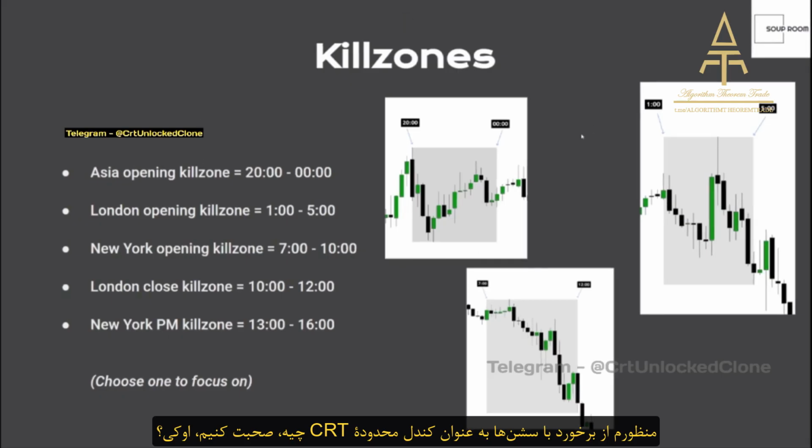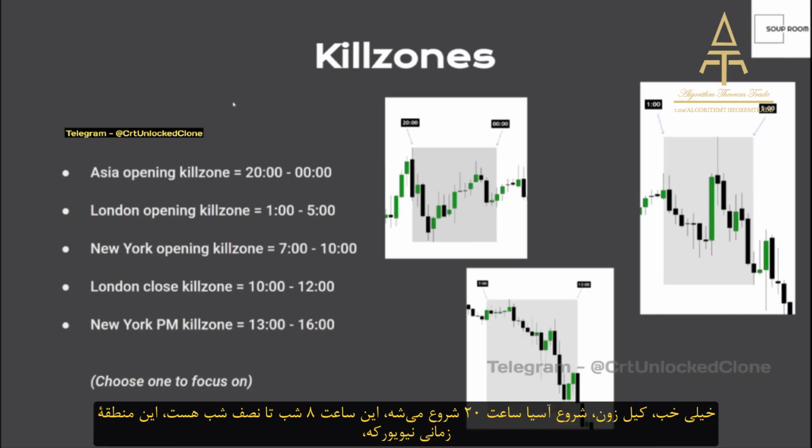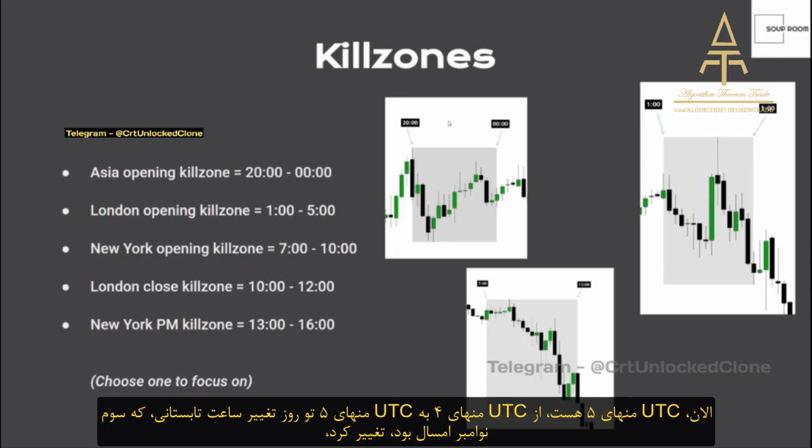Okay. All right, so the Asia opening kill zone begins at 20 o'clock. This is 8 p.m. up until midnight. This is New York time zone. Right now, that is UTC -5. It changed from UTC -4 to UTC -5 on the daylight savings day, which was November 3rd of this year. Okay,